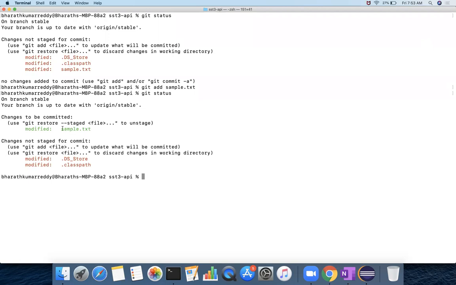Now one file is in green color. What does that mean? Whatever files you added to the stage show in green color. Whenever you run the commit command, whatever you have in green will be added to the commit.